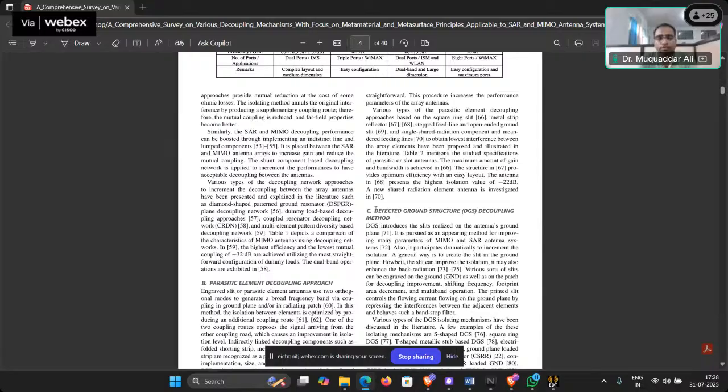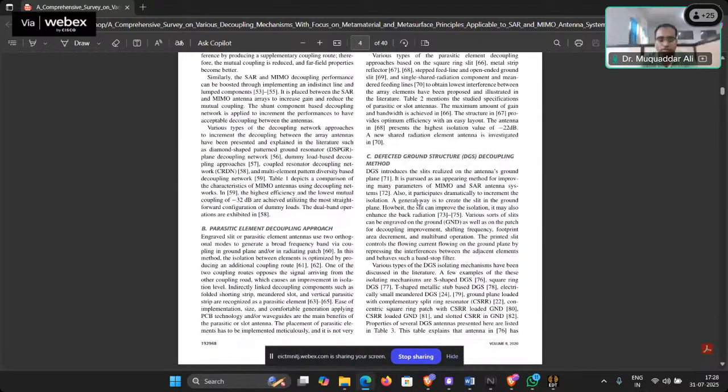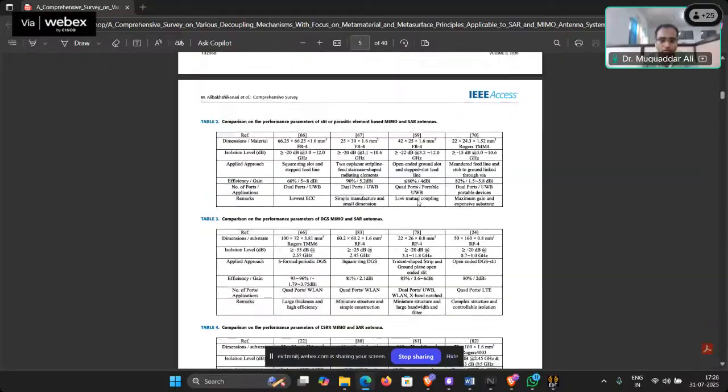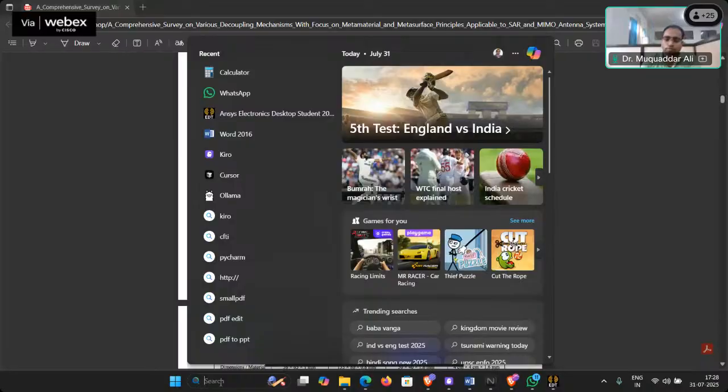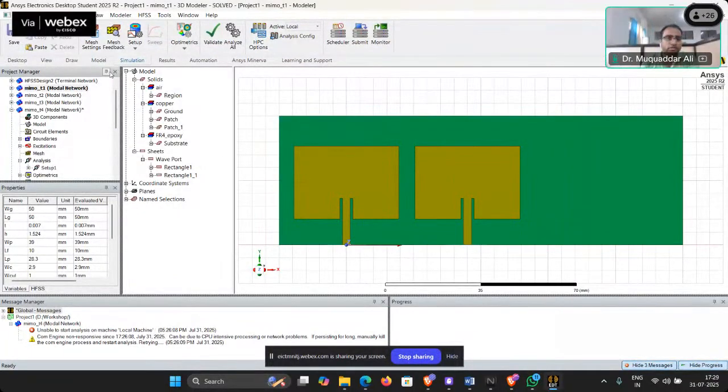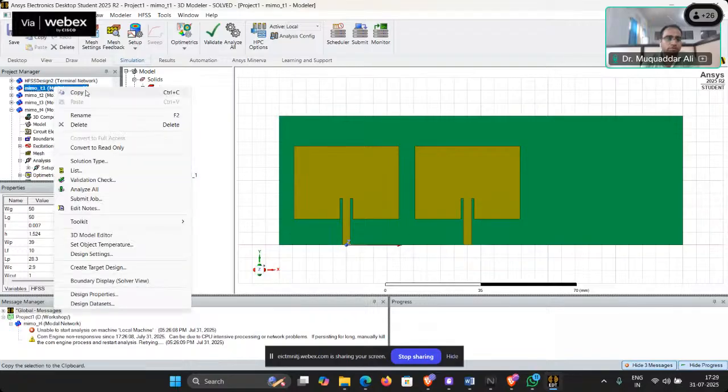Then we might have defected ground structures. On the ground, we can cut some portion that will somewhat reduce the coupling and improve the isolation. Then we can have a neutralization line. Neutralization line is, I will copy this, and